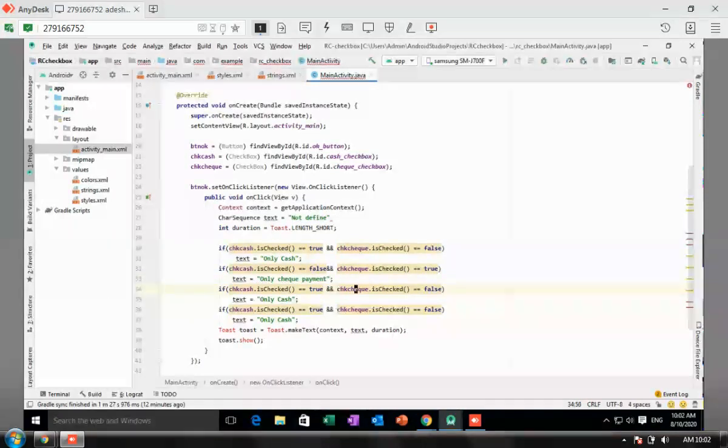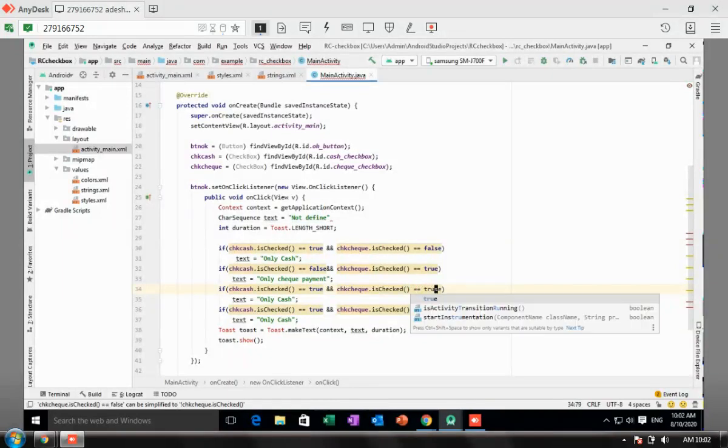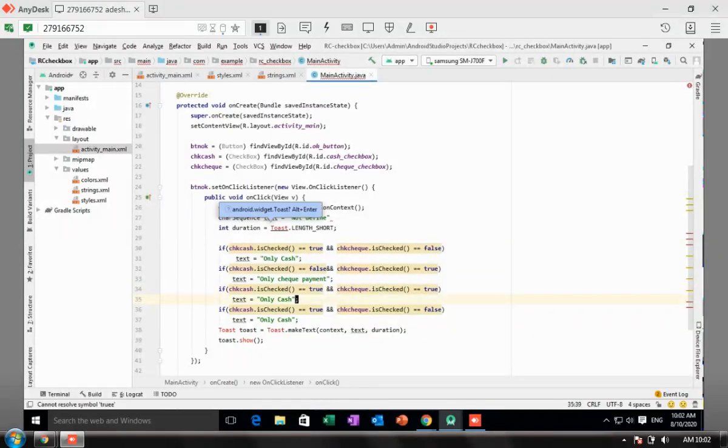If both the things are true, first is also true and second is also true, that means the payment is by both modes. Both modes payment, cash and check. And if both are false, then there will be no payment by me.